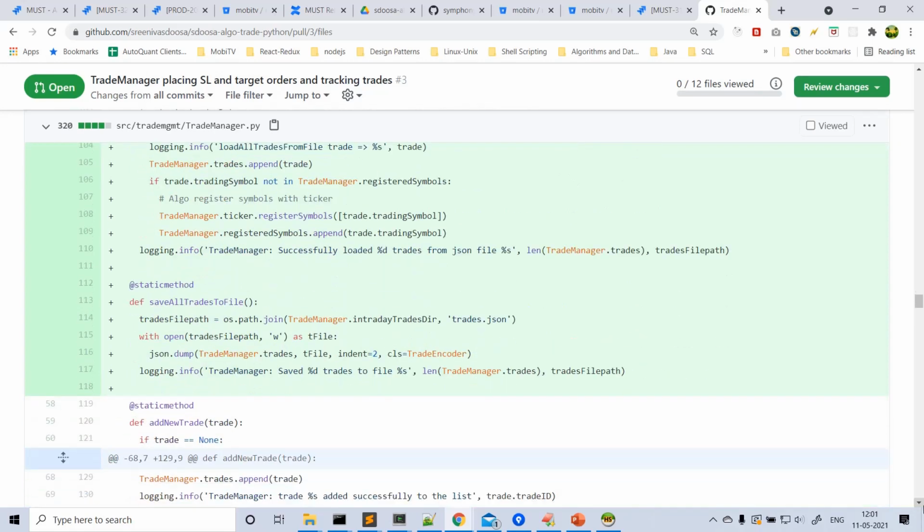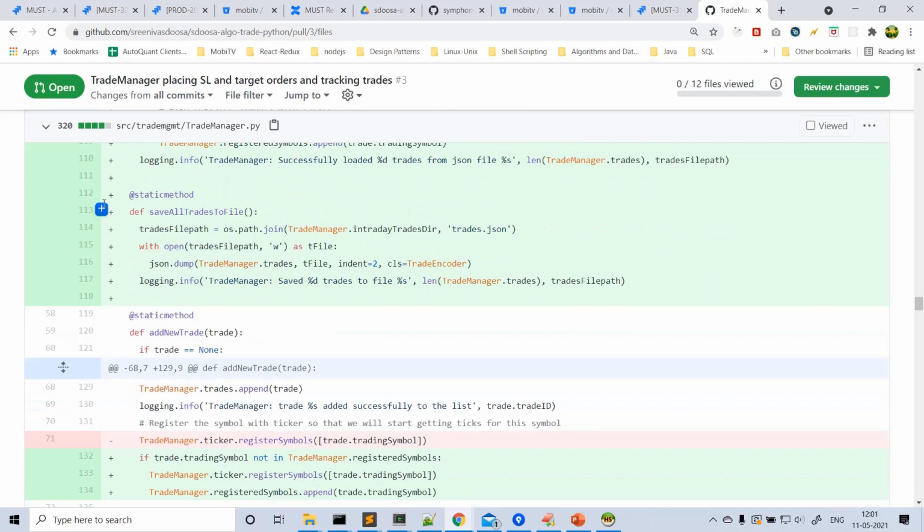Okay. When you come down, similarly, every 60 seconds, after updating the trades and order details, we are saving all the trades to file. It's the same: the directory and the state.json file. Here we open the file in writing mode and dump the data to the trades file. Here I told you I wrote a trade encoder, a JSON encoder, so we pass cls equal to trade encoder.